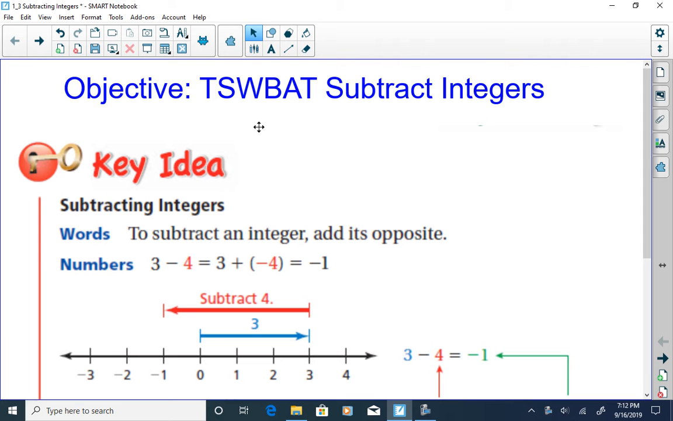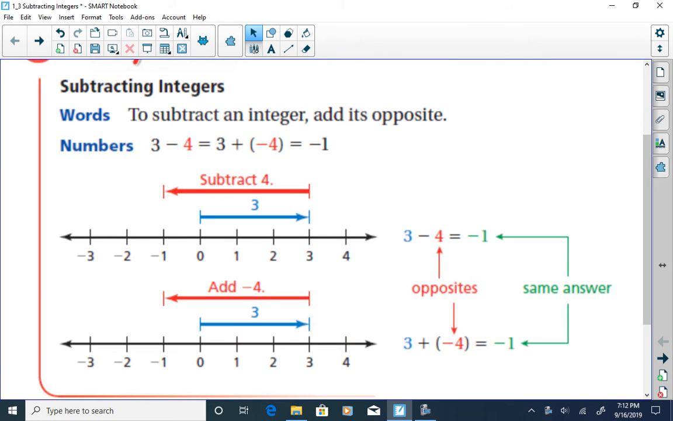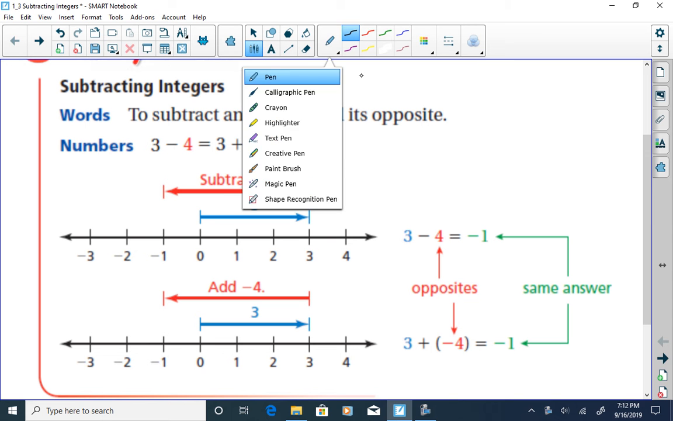Our lesson today is to be able to subtract integers. To subtract an integer, we add its opposite. We use what's called the additive inverse. So if we're taking a look at this first example here,